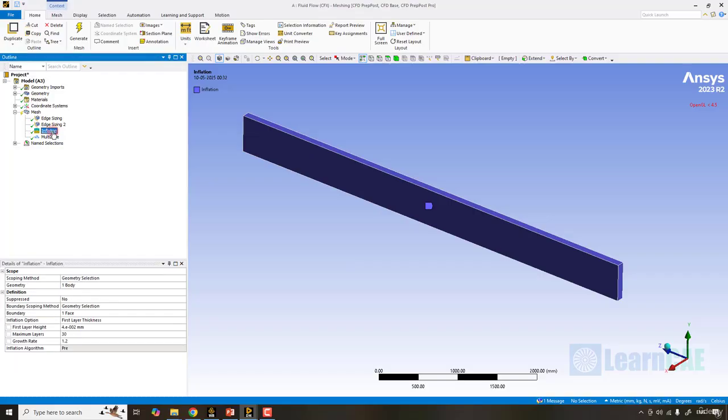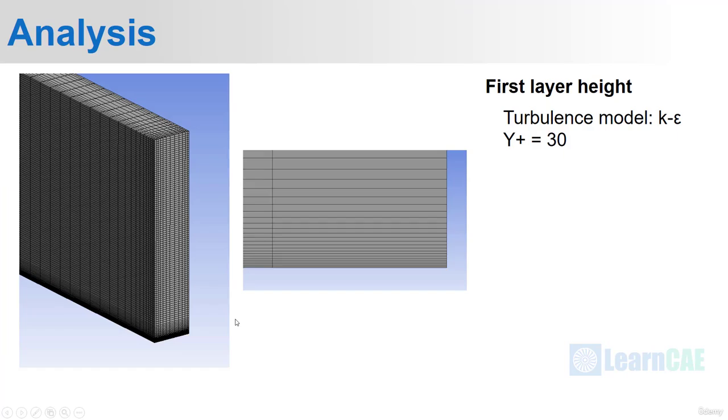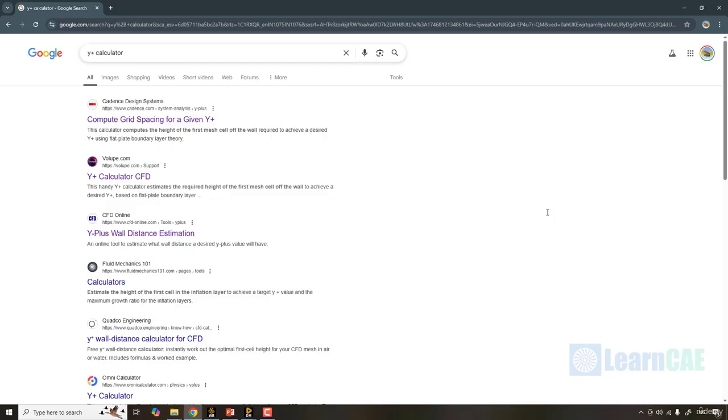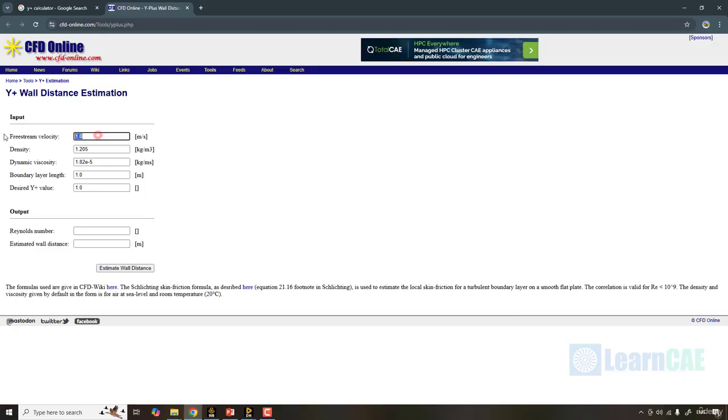Next, we have to calculate the first layer height for the turbulence model and y plus which we are going to choose. We shall choose the turbulence model of k epsilon for which the y plus will be taken as 30. We shall calculate the first layer height based on the y plus 30 and the inlet flow conditions. We can search for any y plus calculator online and then enter the data to find out the first layer height. The free stream velocity for this case is 8, density is 0.83 kg per meter cube, dynamic viscosity is around